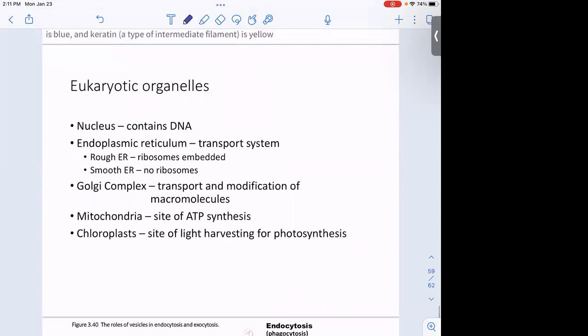So then all those organelles that you find inside a eukaryotic cell, just kind of the basics of what it does. So again, if you're interested in this, you can read more about this in OpenStax, and I think I asked a few homework questions about it. But basically, of course, the nucleus, that's where the DNA is. Got a couple membranes around it.